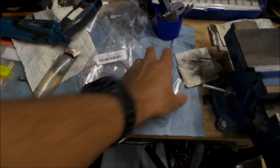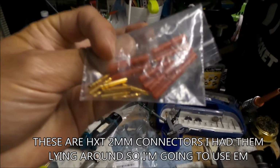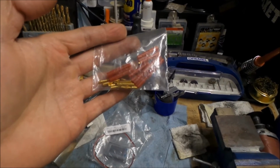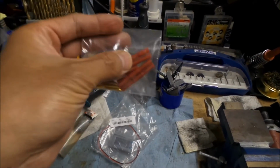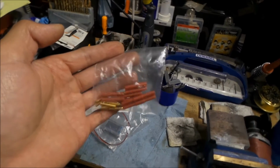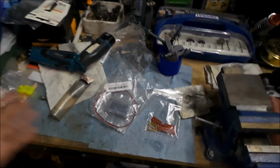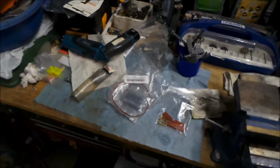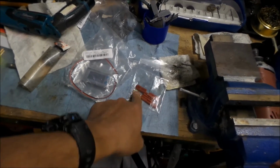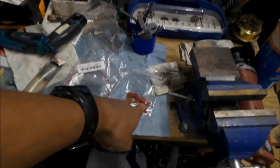So I've got some connectors. I don't really even know what connectors these are. I'll put a subtitle below what they are. I just wanted a small, paired connector. So this is pretty small right here. I was thinking of using a Dean's plug, but that's kind of a waste of a Dean's plug. You don't really need anything that can handle high current. This kind of does, actually. The connectors are nice, actually. I remember I used the larger version of this for my e-bike project